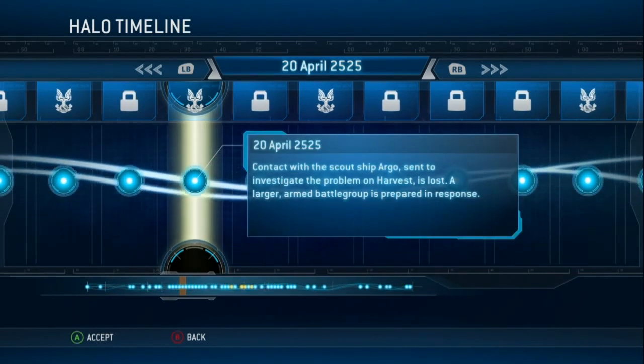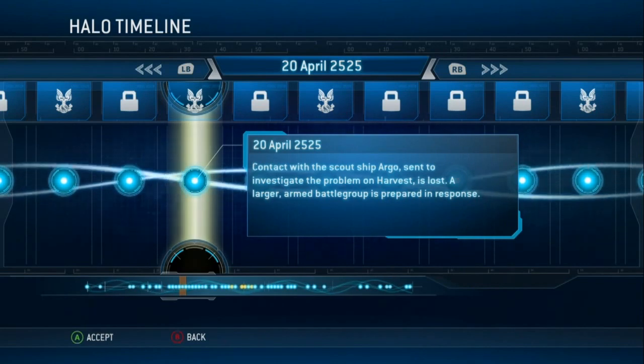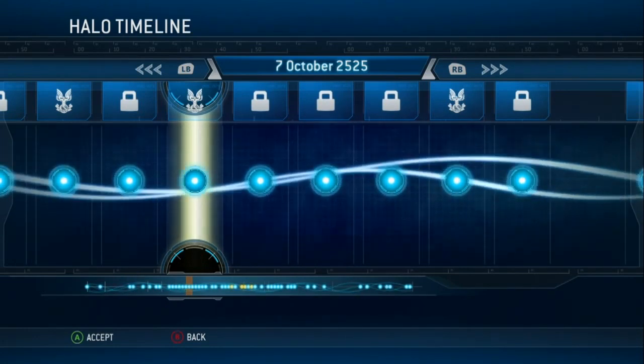Contact with the scout ship Argo, sent to investigate the problem on Harvest, is lost. A larger armed battle group is prepared in response. And now, several months later, on October 7th, the year